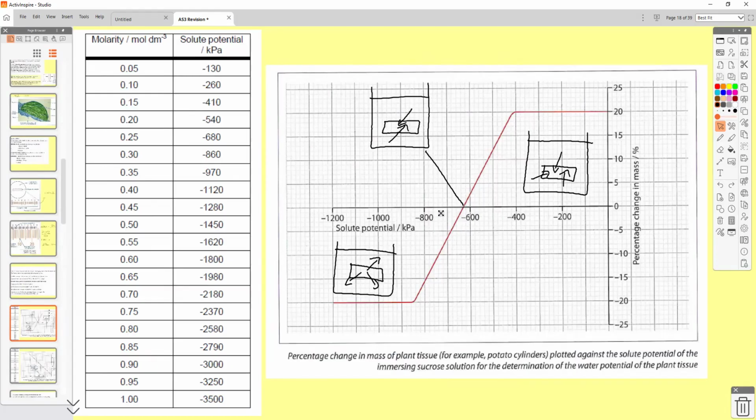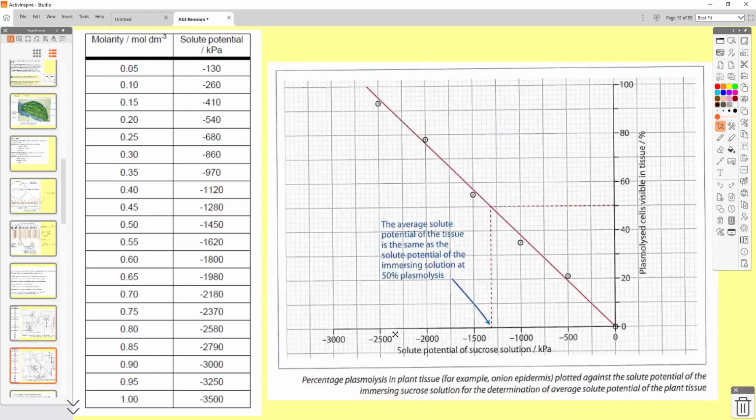So if they ask you what's the water potential of the chip, then you would go to that crossover point, minus 600, and what's that, 30 possibly, that you've got there. Okay, so that's your isotonic point. At that point, that's also your incipient plasmolysis point, where the cell membrane is just about to pull away from the cell wall. Okay, in terms of incipient plasmolysis, again, you would do